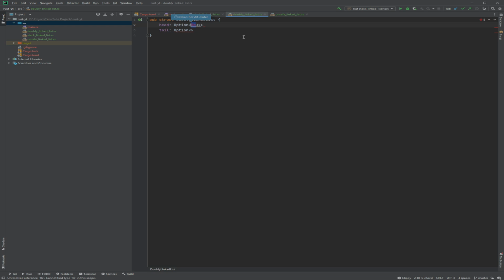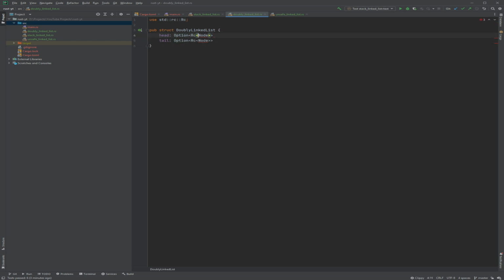So whatever type I put inside, that resource will be owned by multiple owners. So we obviously want it to be a node, right? But there's a problem with this. Let's just add Node now.